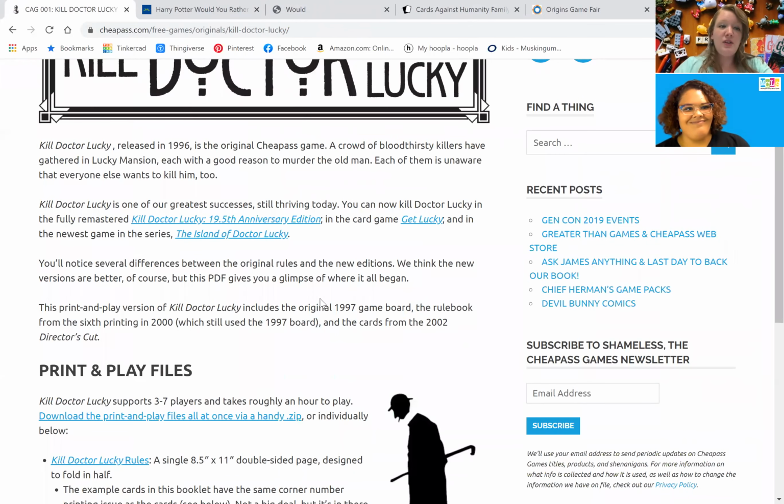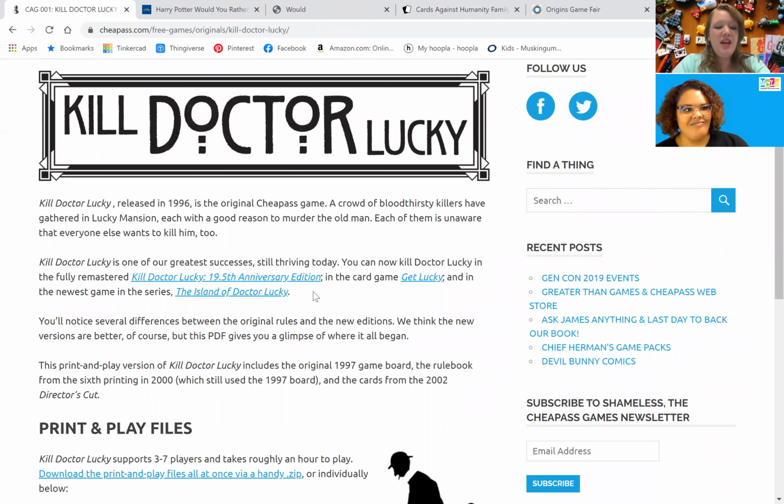All right, so the last thing I wanted to go over is print and play games. If you have access to a printer, I would suggest these games. One person can set up the board or print the cards at home and the others can video in. This is another situation where you would want to block part of your camera so that you can't see what cards other people have. You can set up the cards in front of the camera so they can just see